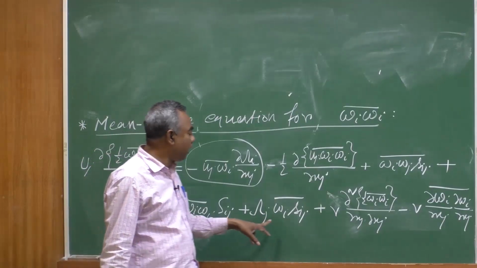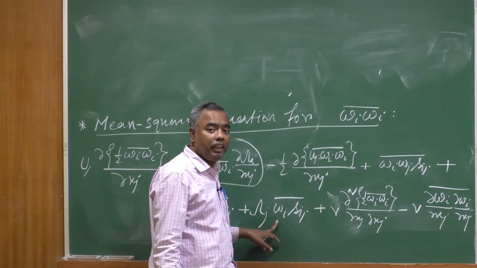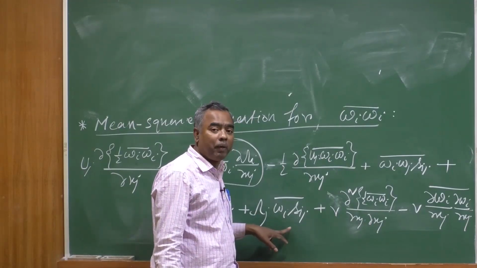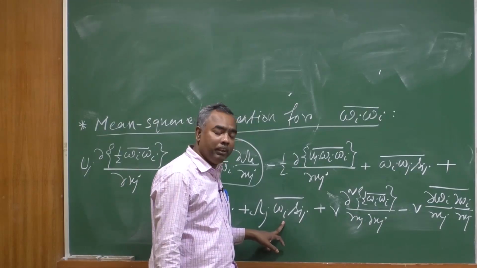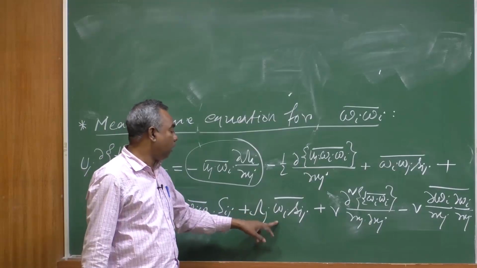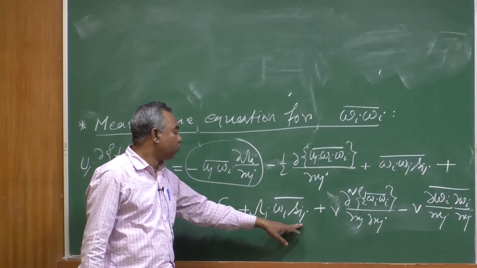And this is the mixed production term. We have said the way the turbulent vorticity is produced by the fluctuating strain rate tensor in the case of the mean entropy equation,